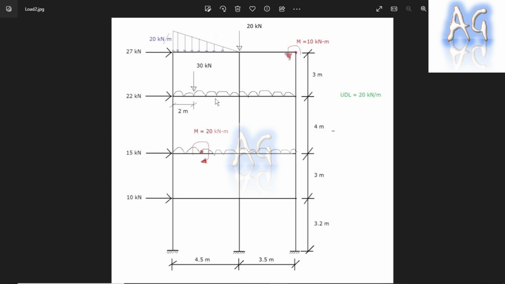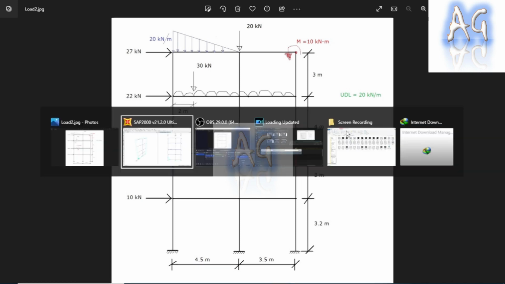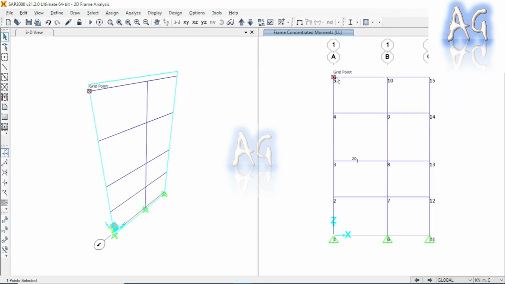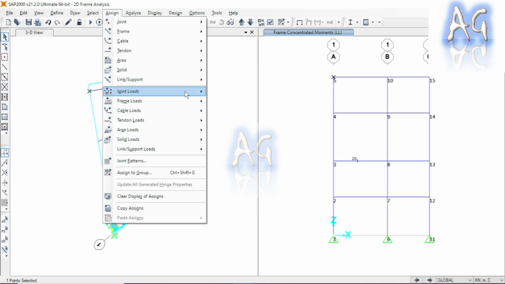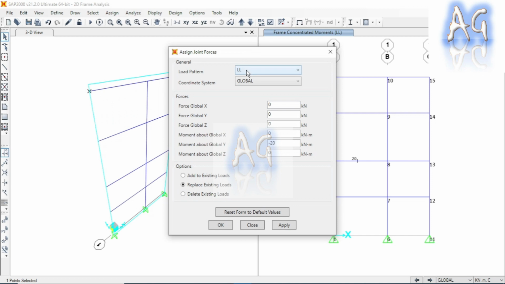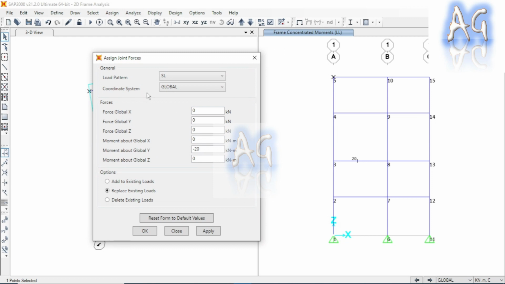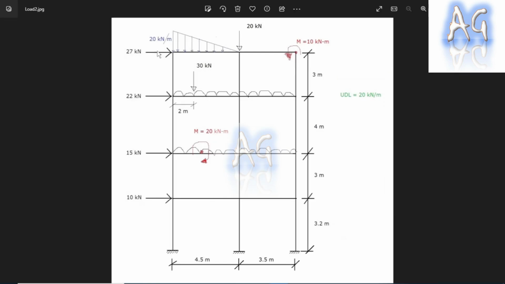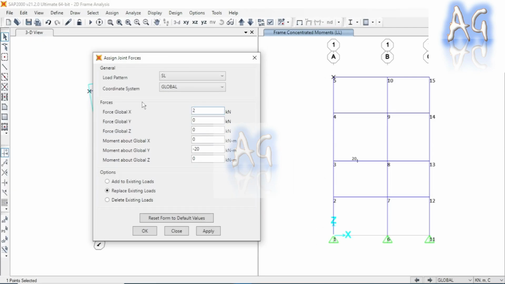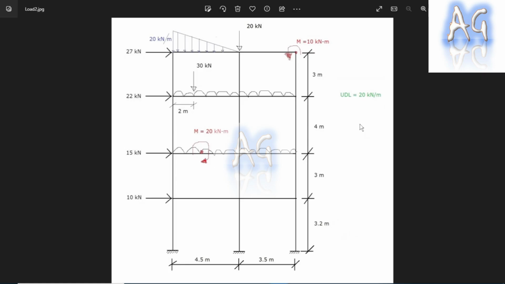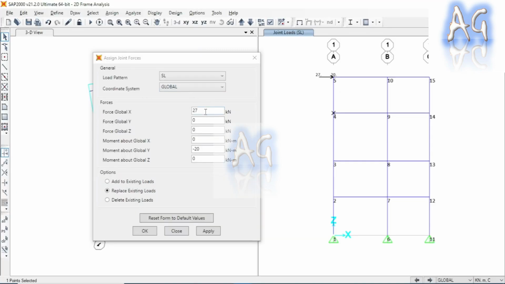So now I'm going to select first this joint, and now I'm going to click on again assign, then joint load, then forces, and here the load pattern should be seismic load, and here the coordinate should be global, and here this load we are applying along positive x direction. So here the magnitude is 27 kilonewton. So here I'm going to write 27, and now I'm going to click on apply, and now again I'm going to select this node, and now here the magnitude is 22 kilonewton,